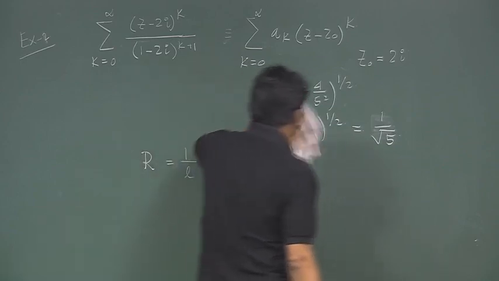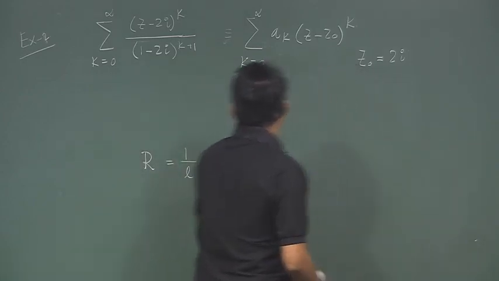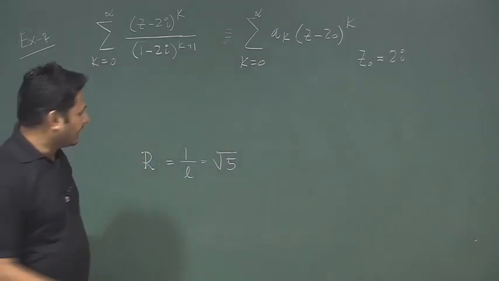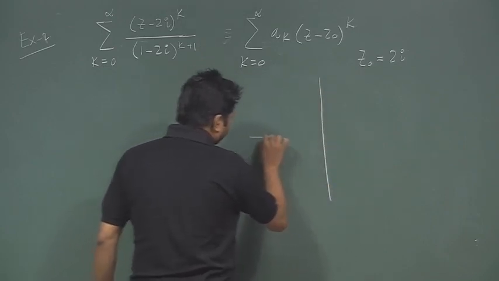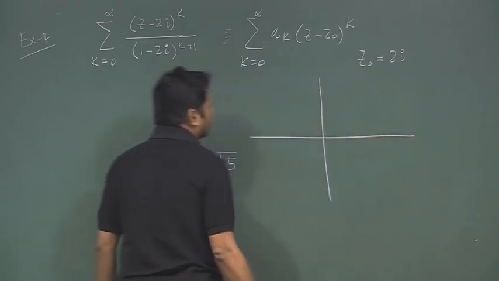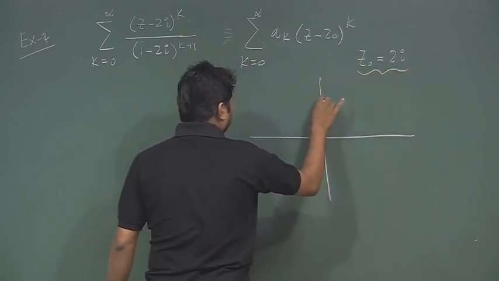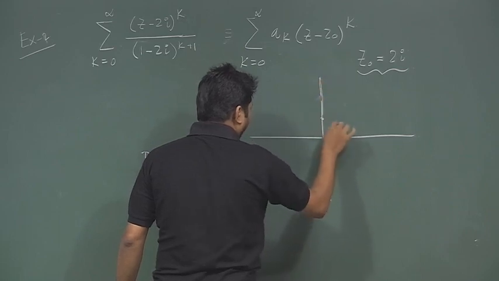Now, let us look at what the region is. The region is important. You need to find out the region where this power series is valid and it is converging. What is the region for which it is converging? So, z0 is 2i. This is the z0 point, which is 2i,